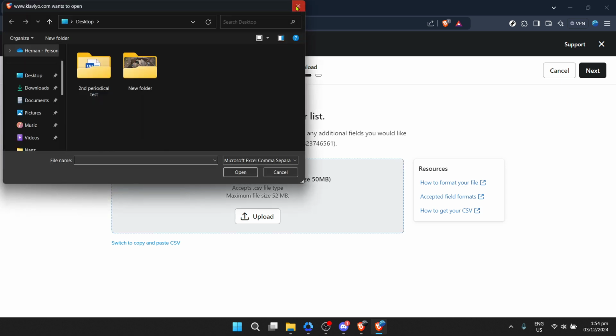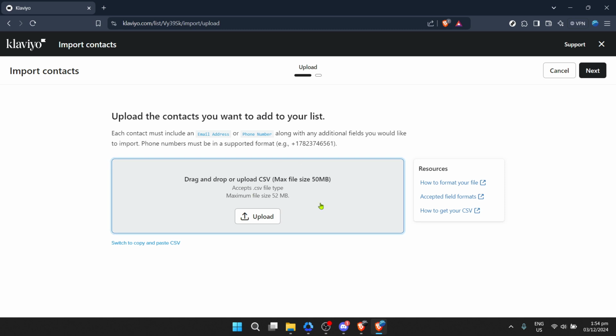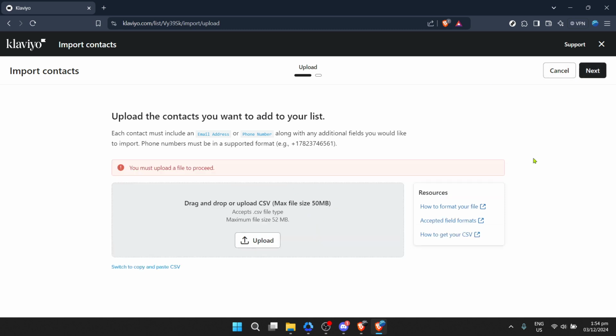Now click on Upload to select the file you've prepared. Take your time to ensure you're uploading the correct file. With email marketing, accuracy is key. Following the upload, click on Next. This action will take you through a series of prompts asking you to map the fields in your file to the corresponding fields in Klaviyo, such as email addresses, first names, and more. Proper mapping is crucial for personalizing emails and segmenting your list effectively.